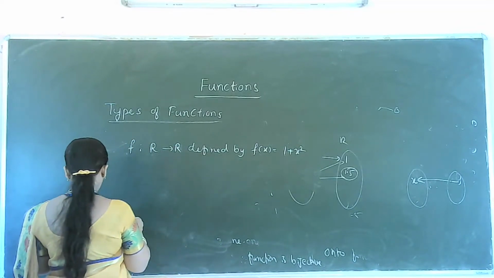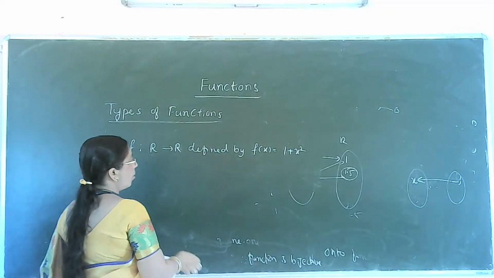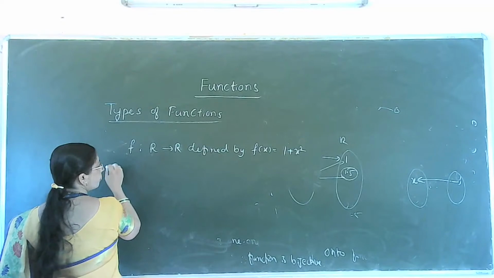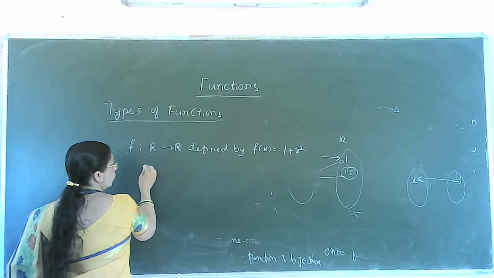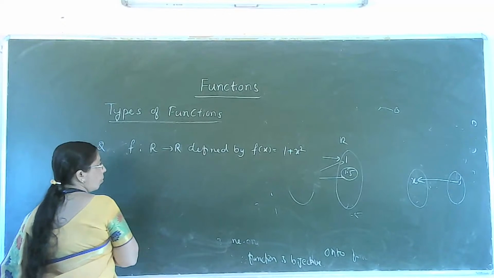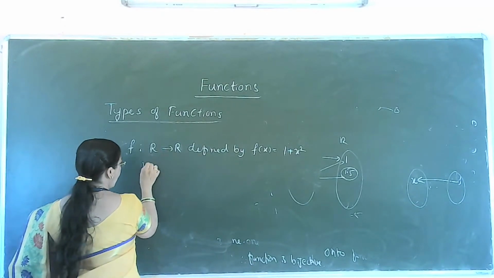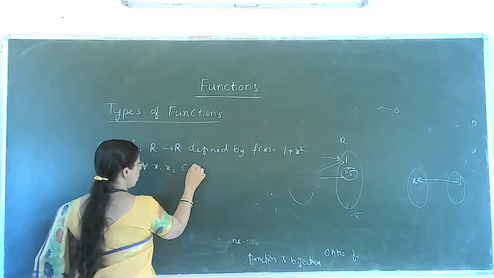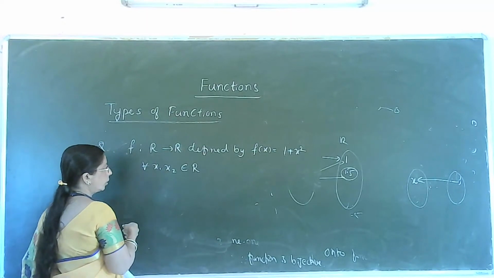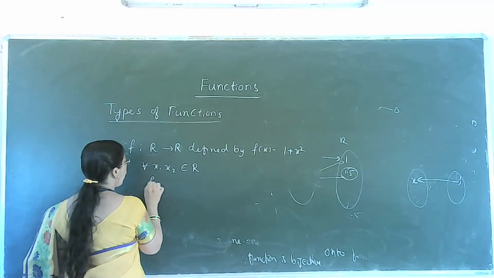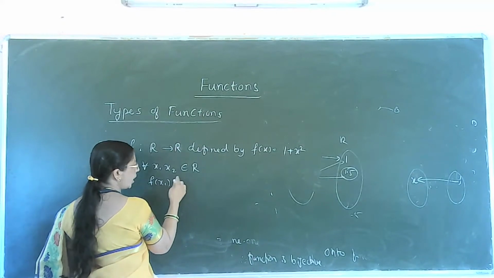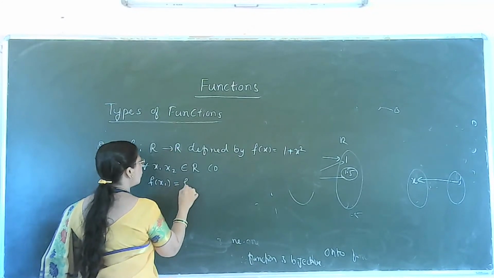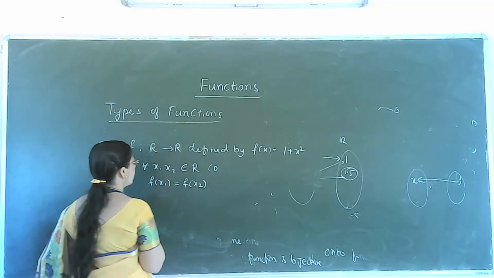We check whether it is a one-one function and onto function. First we check the one-one function. For all x1, x2 belongs to R, that is the domain, if f of x1 is equal to f of x2,